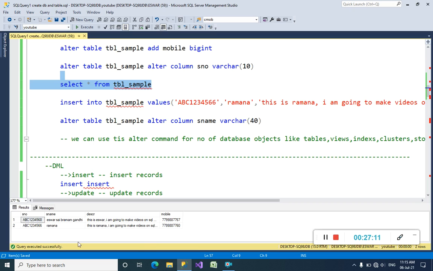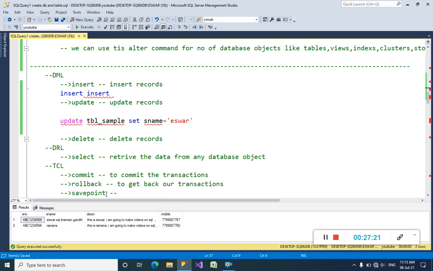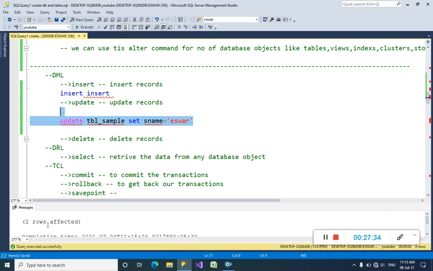Yeah, we have 2 records right now, and see here their student names: S for Sai Brahman Gandhi, and one more record named Ramana. I'm going to update the table set S name equal to Iswar. What will happen when I execute this command? Two rows affected.